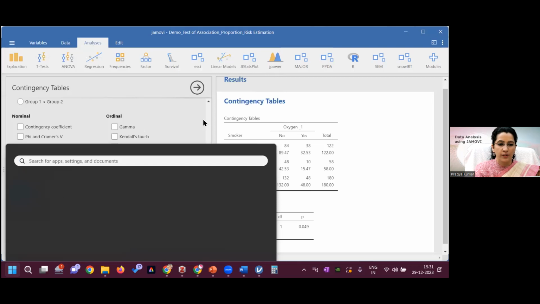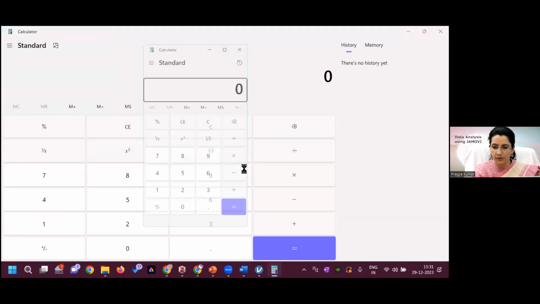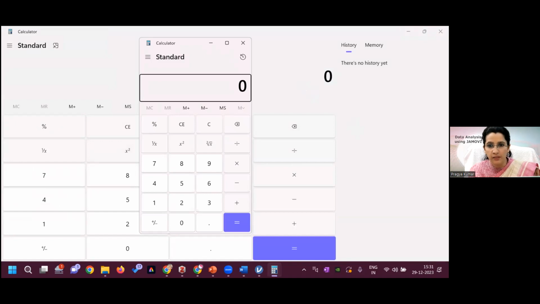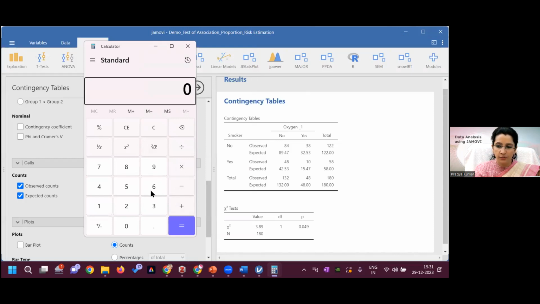So if you open this calculator, let me minimize this. So I will do 48 divided by 180, is equal to, multiplied by